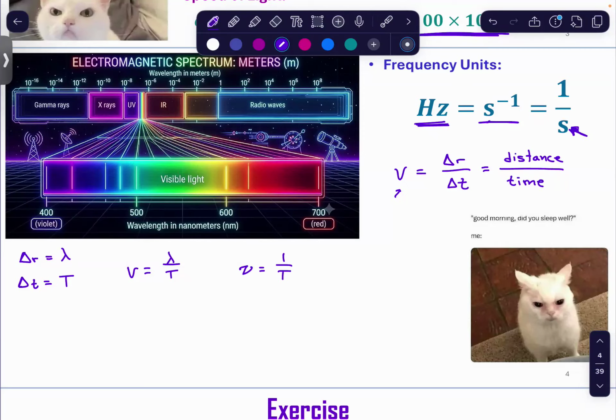And so if we look at this now, lambda over T is actually lambda times 1 over T. So the speed of your wave is going to be